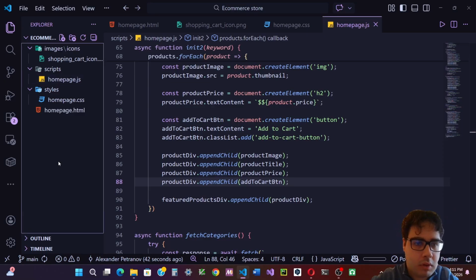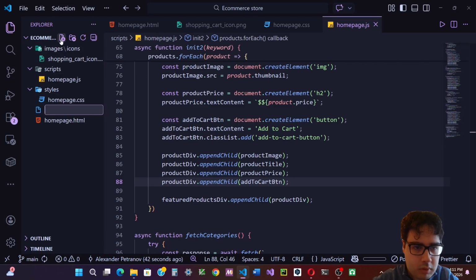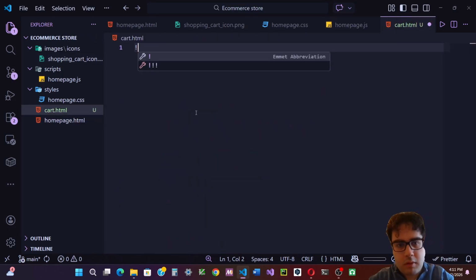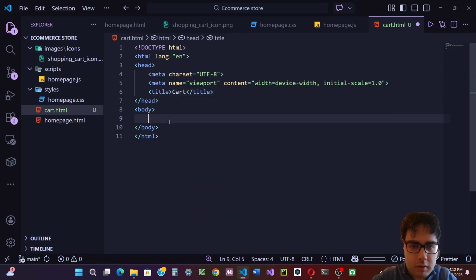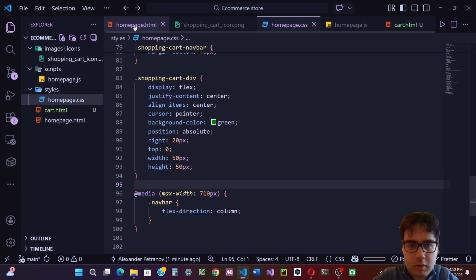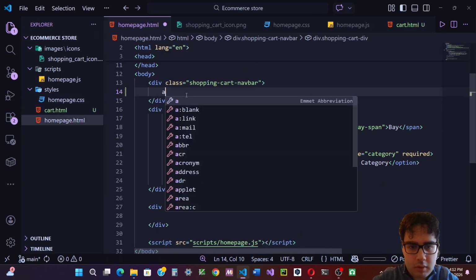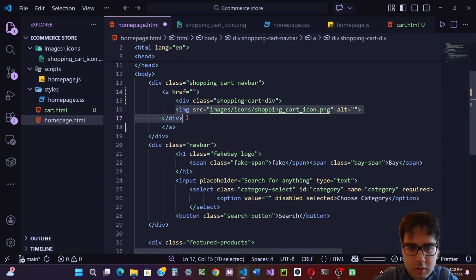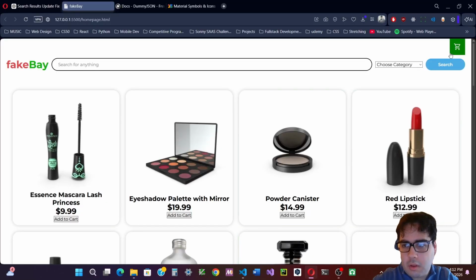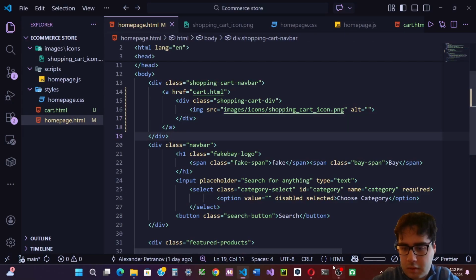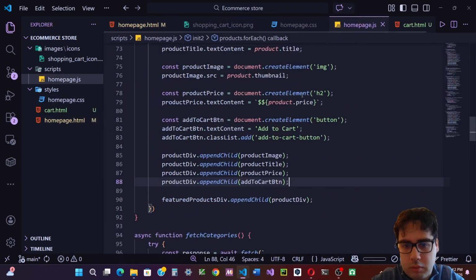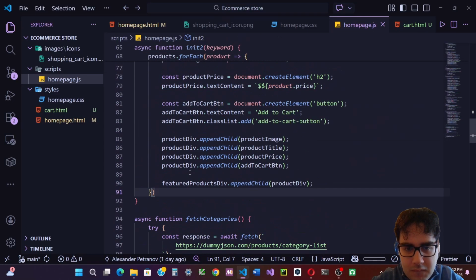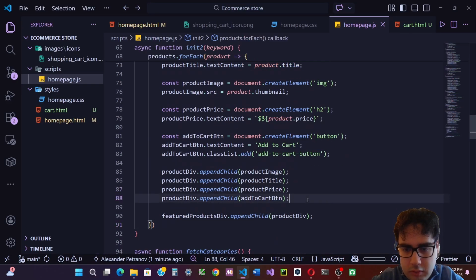So let's make maybe cart.html, and then cart, and then when we click this, cart.html, okay, and then we are going to be, it only exists in this function. So